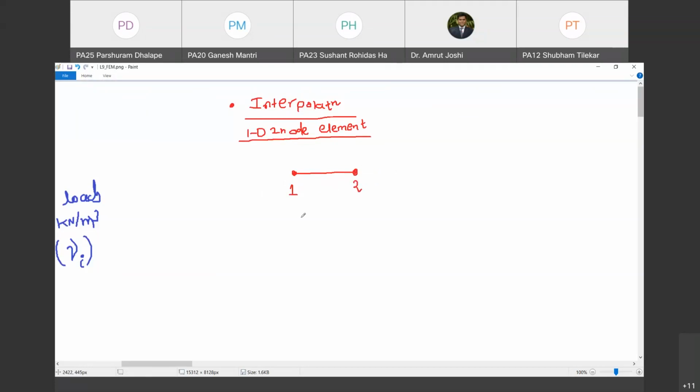And what are the quantities that you are going to treat as unknown? Those are the quantities which will be estimated first by minimization of potential energy. What are those quantities? The displacements at 1 and 2. So you have to take U1, V1 and W1. These are the quantities which we take as unknowns. So when we apply the principle of minimization of potential energy, we will first estimate the values of U1, V1 and W1, U2, V2 and W2.